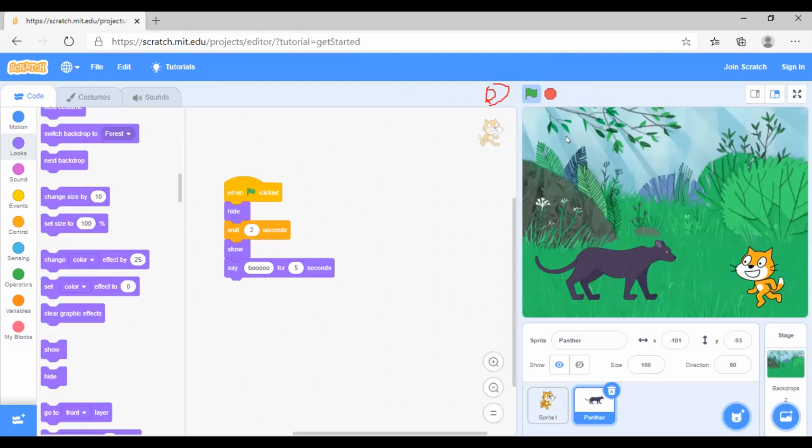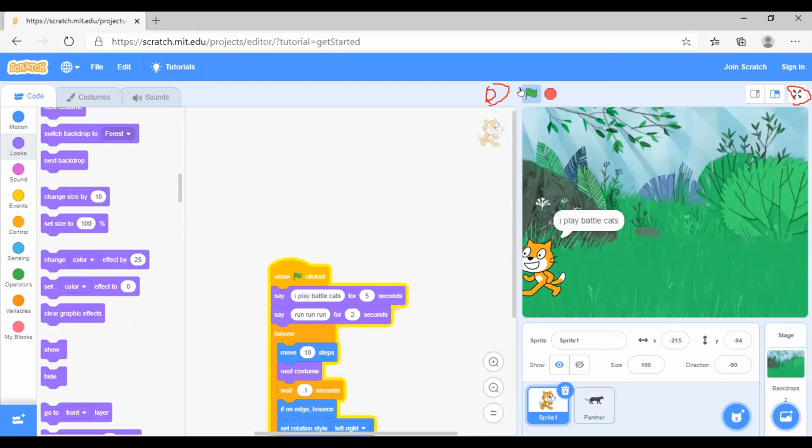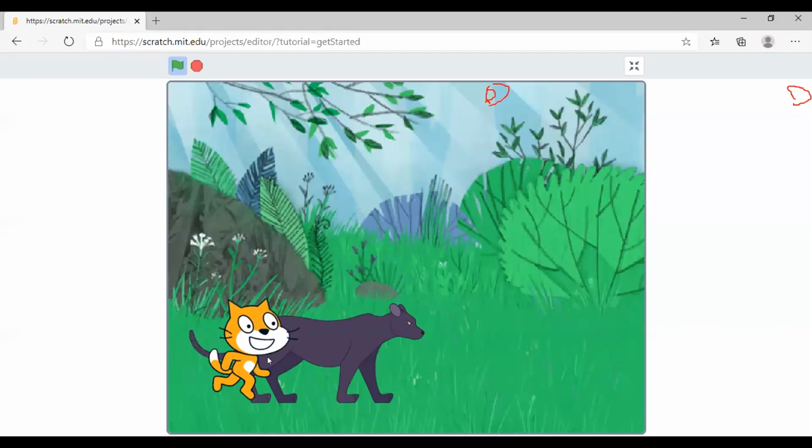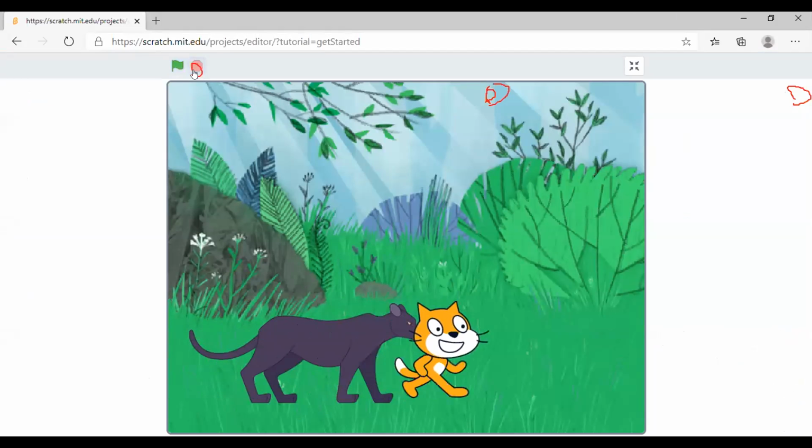What I want to make sure is that whenever you run your code, always run it in full screen. So on the right hand side, yes, please click over there. Now stop your code, click on the red one and then run it again. Yeah, please click on the green again.